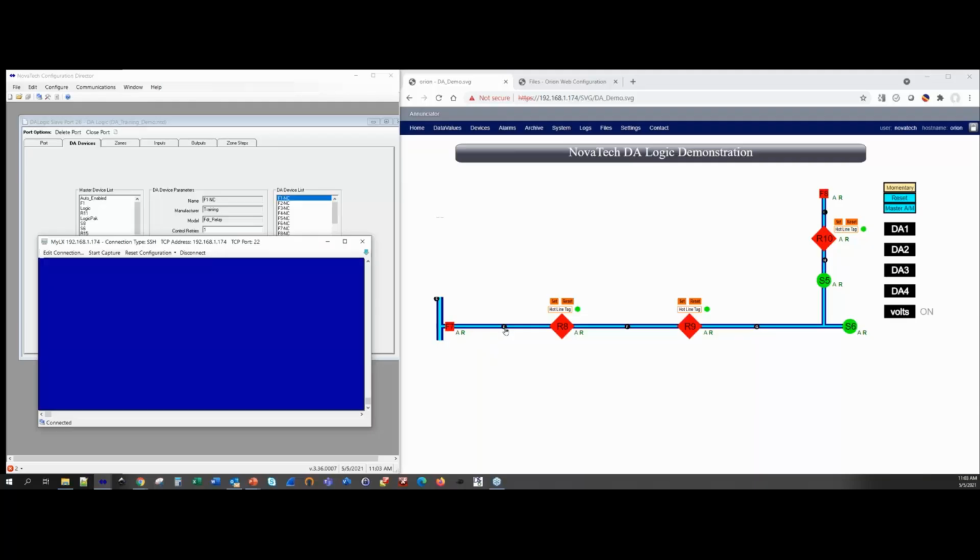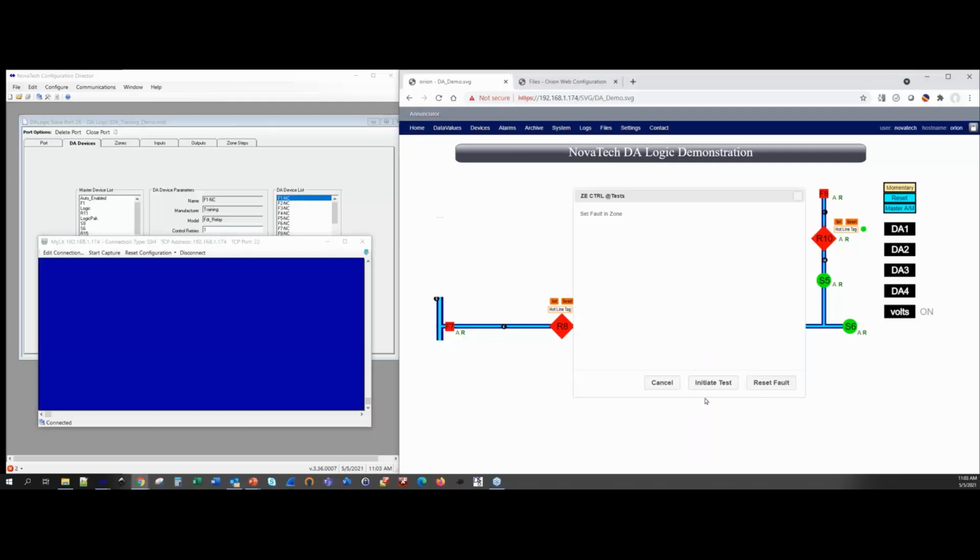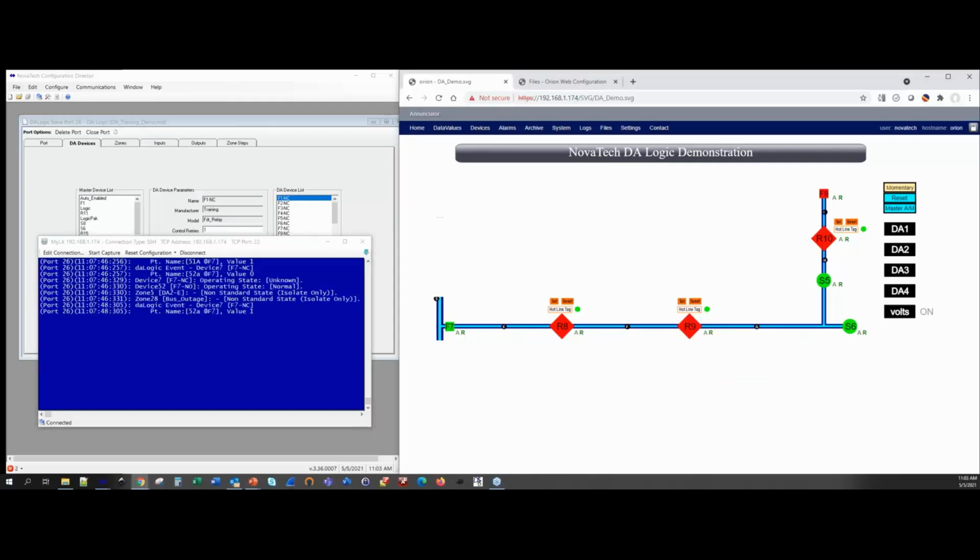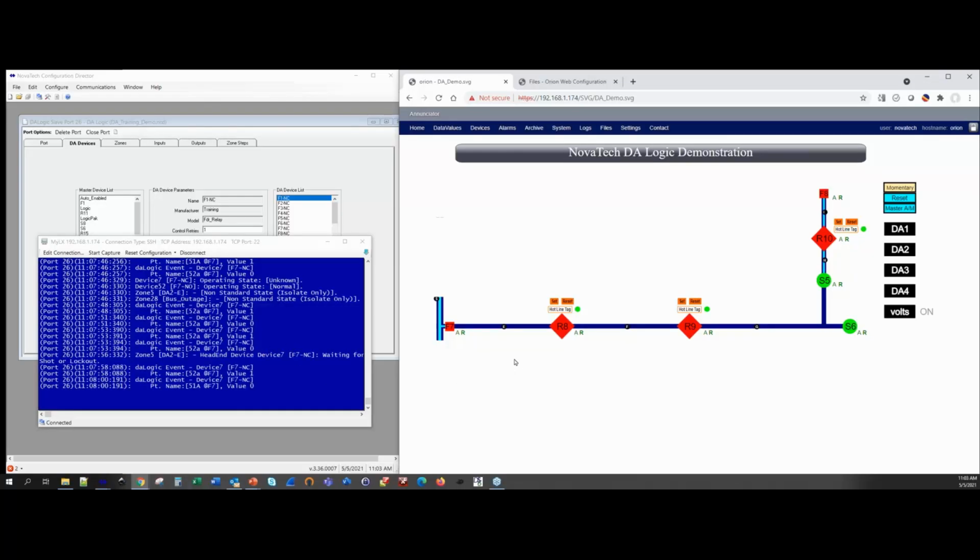And for a fault that occurs in section E here, feeder 7 is going to trip to lockout. The whole feeder goes dead. It identifies where the fault is, just like we did before, and it will start switching